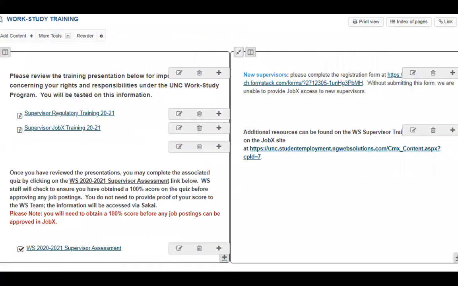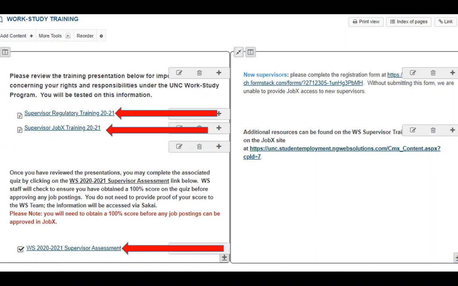All right, moving on. This is what our Sakai page actually looks like. Of course, you won't have these little edit bars. It'll be a little clearer for you to read. But you'll note this site does contain links to, again, that regulatory logistical training, the supervisor JobX training on how to use our software to post jobs, review applicants, hire students, a link to the quiz here. If you're new, there's the link to the one-time registration form, and we include a link to our supervisor resources page